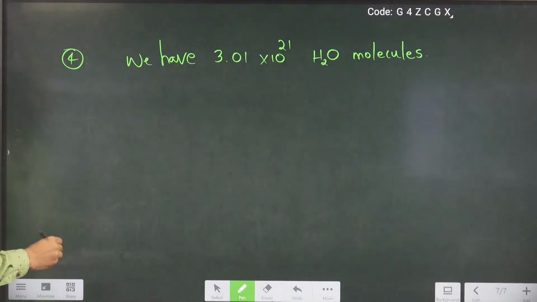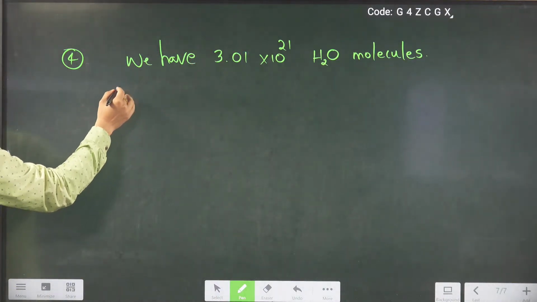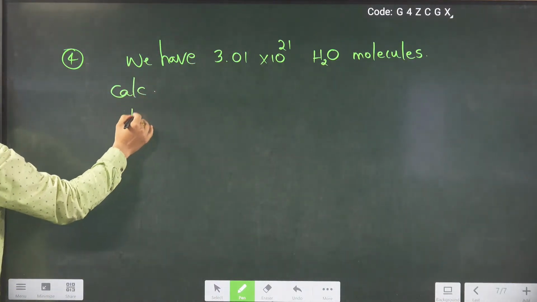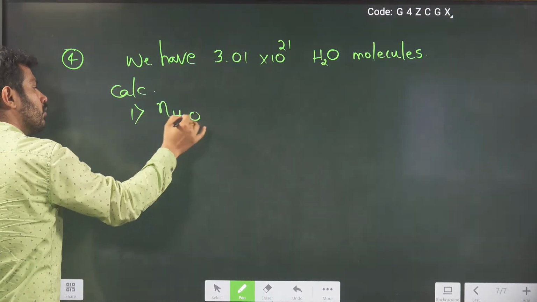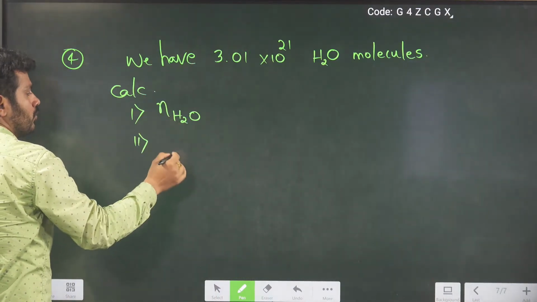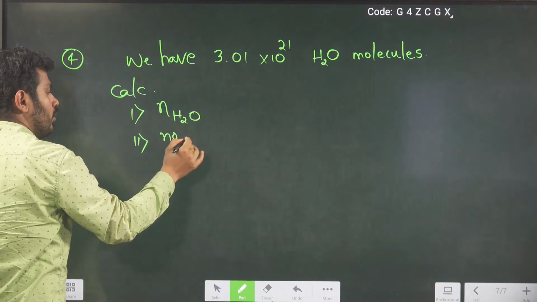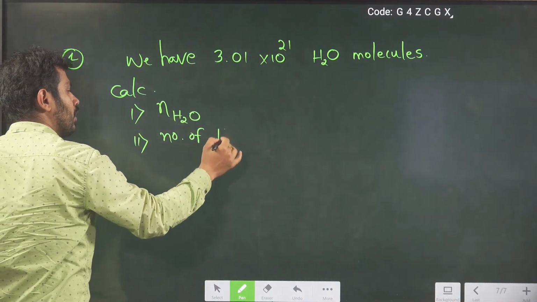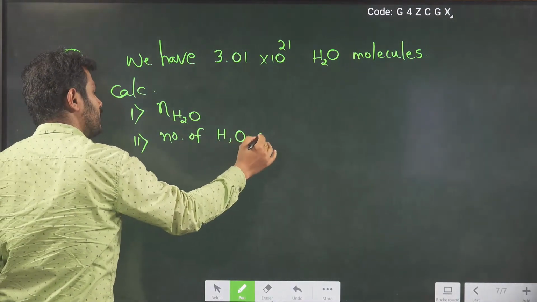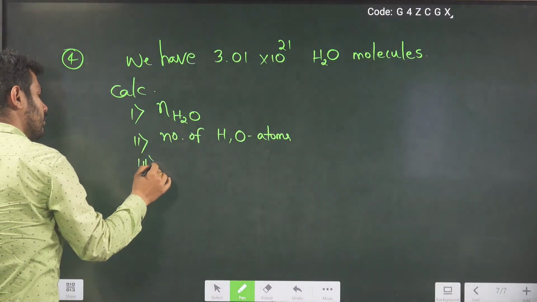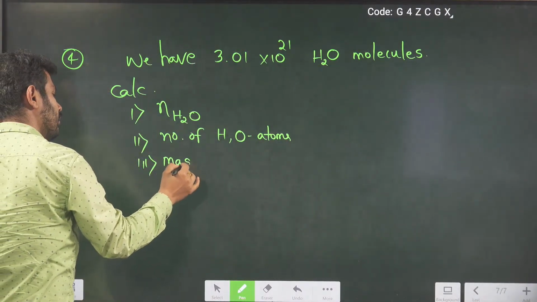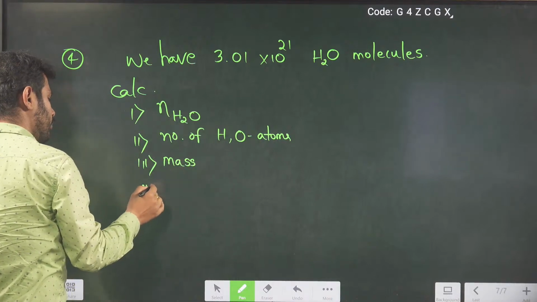We have this much of H2O molecules. Now calculate point number 1, number of moles of H2O molecule. Point number 2, number of hydrogen and oxygen atoms in it. Point number 3, mass of the sample. Point number 4,